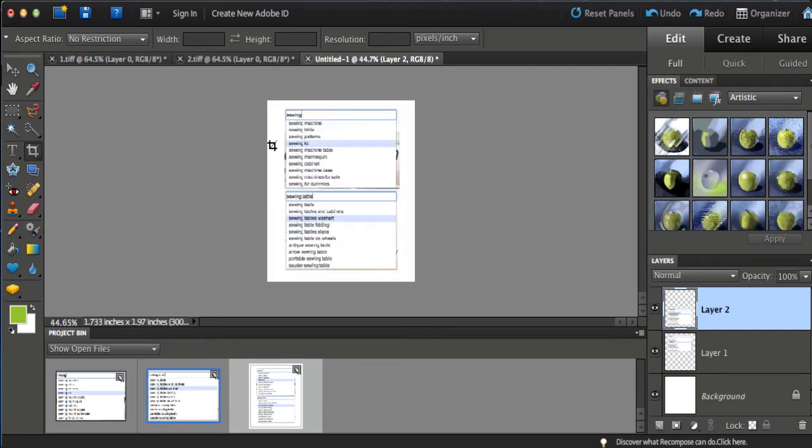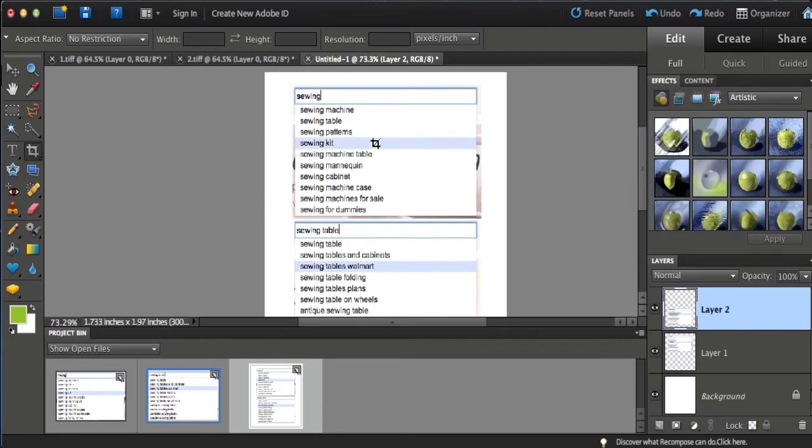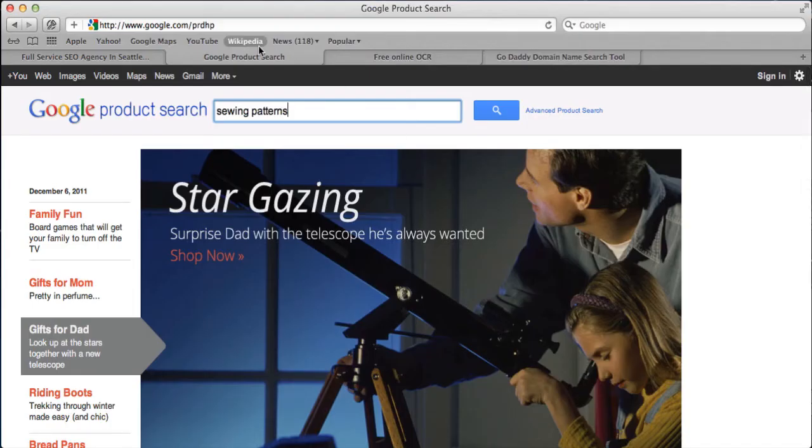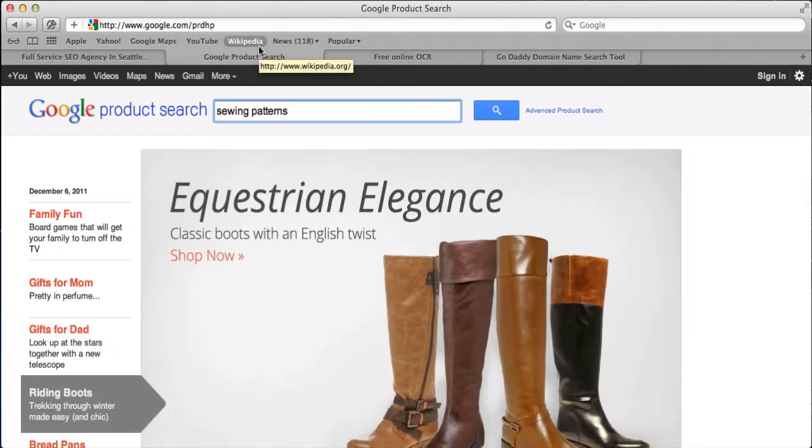And now I'm going to save this as a new image. You see we have all those different auto suggests. This is still an image file. It's not a text file or anything, but I'm going to save it as a new image. Okay, so now that I've done that, I'm going to show you one of my secret tips and tools that